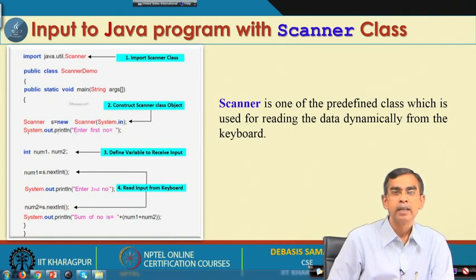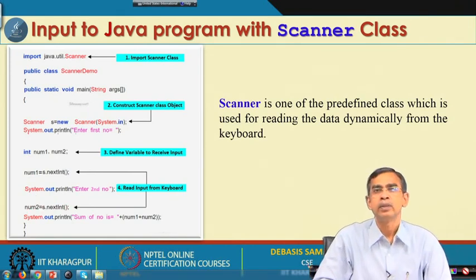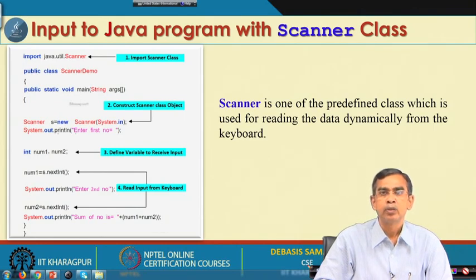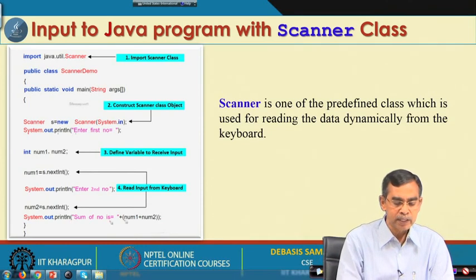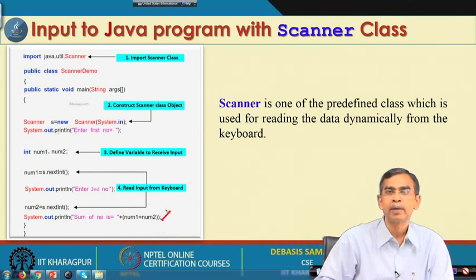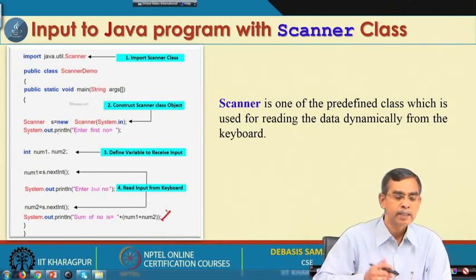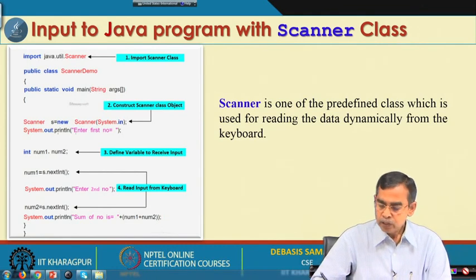This way, using the Scanner class, we can read two numbers one by one and store them in the two temporary locations, and finally they can be manipulated. For example, this will print the sum of the two numbers. So, this is the use of the Scanner class, and here is one example that you can discuss about how it executes.